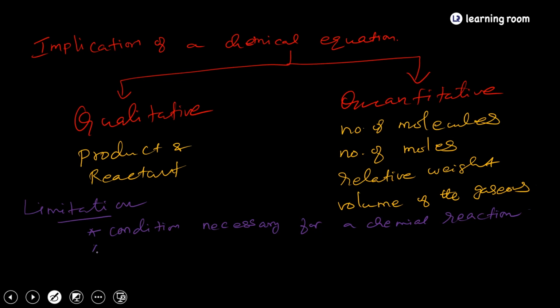And then the rate of reaction. Rate means speed, whether it is an immediate reaction or a slow reaction. For example, the rusting of iron, how long will it take? One day it will take 1 centimeter, another day 1.5 centimeter, so after a month it becomes 2 centimeter. So it is a very slow reaction, but it reacts with the atmospheric moisture.